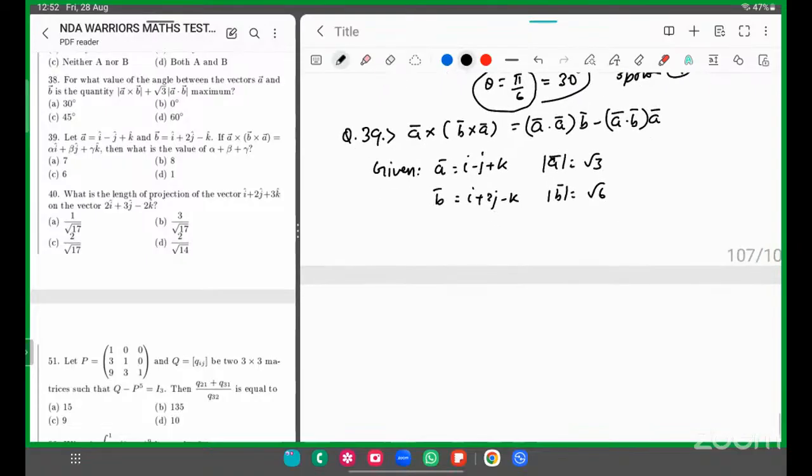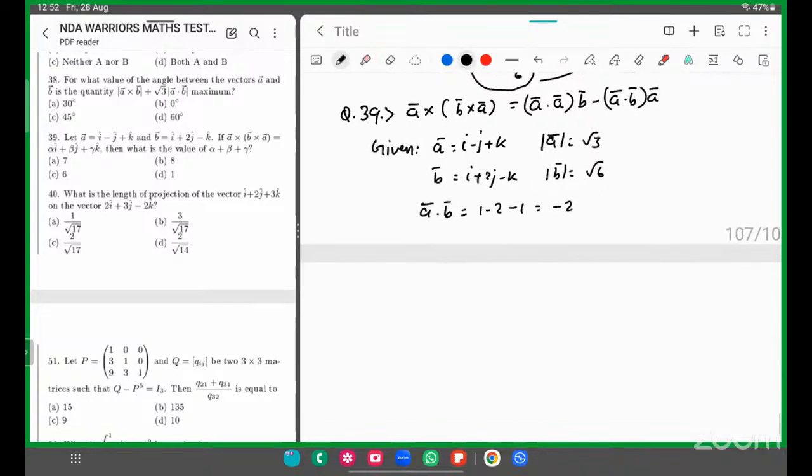So A dot A, A dot B. A dot B vector will be equal to 1 minus 2 minus 1. That is minus 2. So therefore A vector cross B vector cross A vector is equal to, root 3 squared will be 3 here, into B vector, minus A dot B is minus 2,